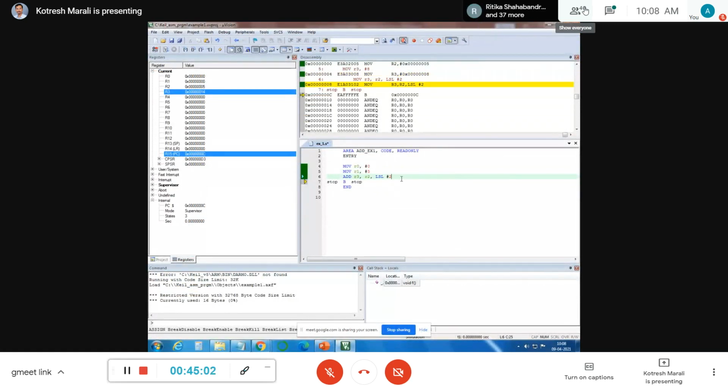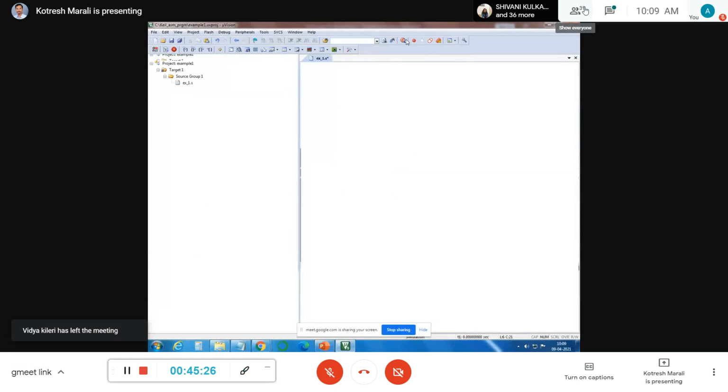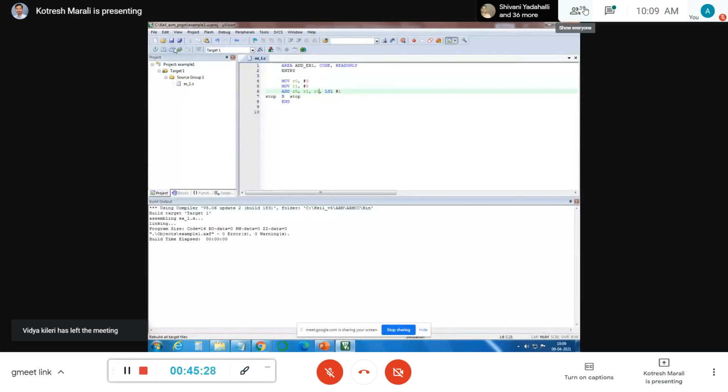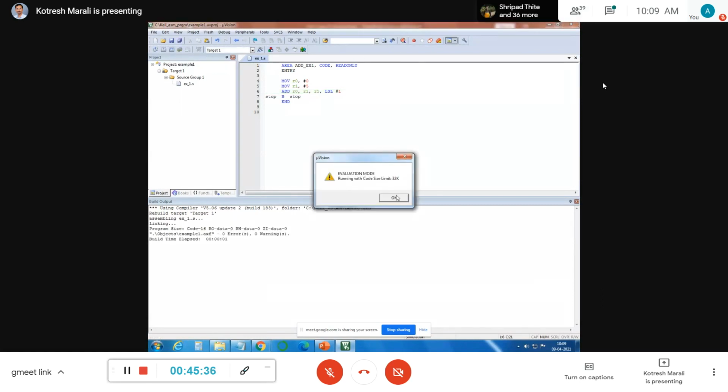Then this operation is LSL by 1. R0 is the destination register, R1, comma R1. Right. So we'll stop this debug session. Save the program. Run this.